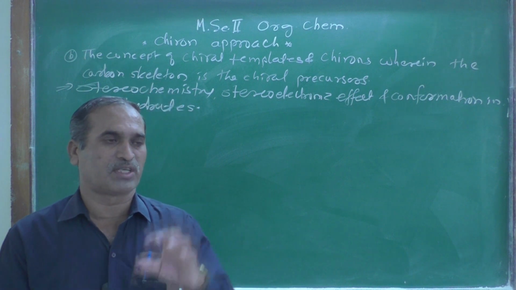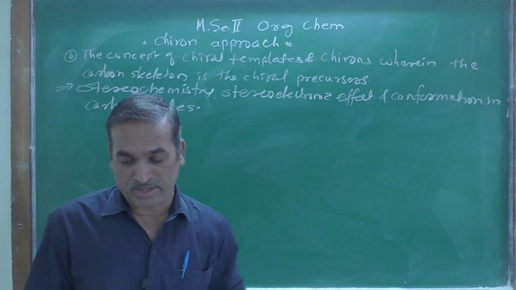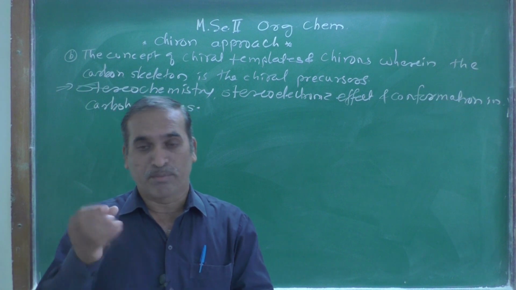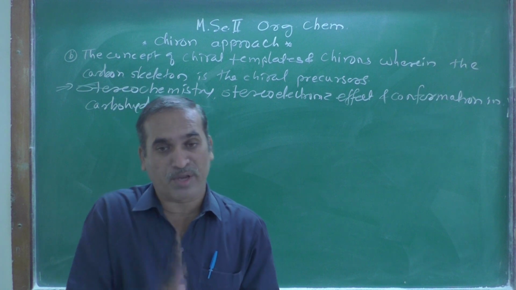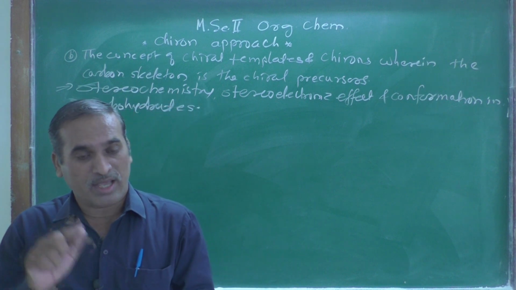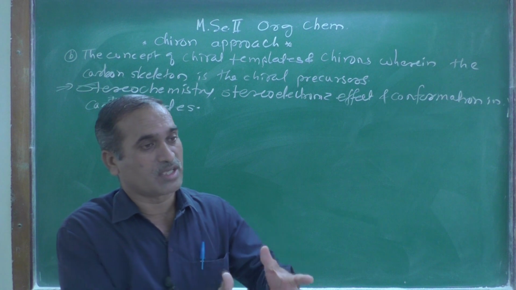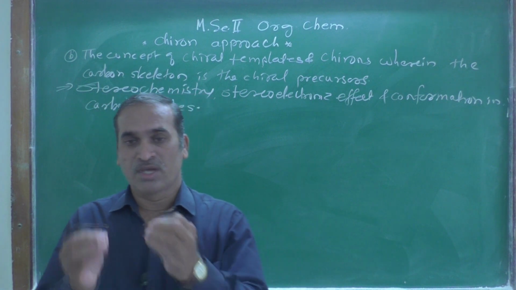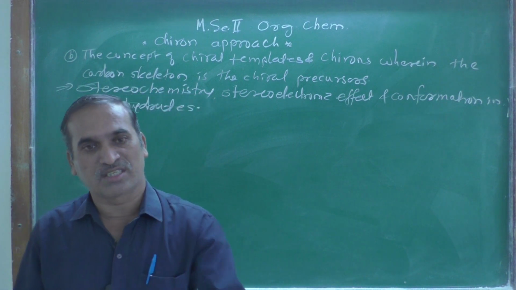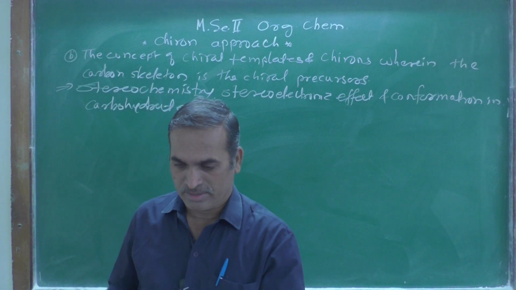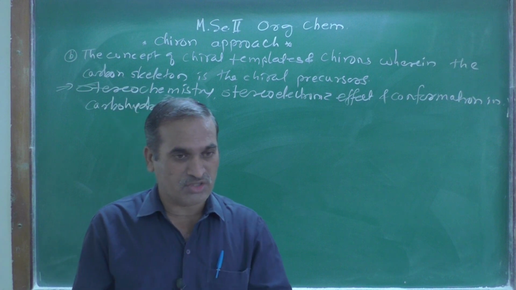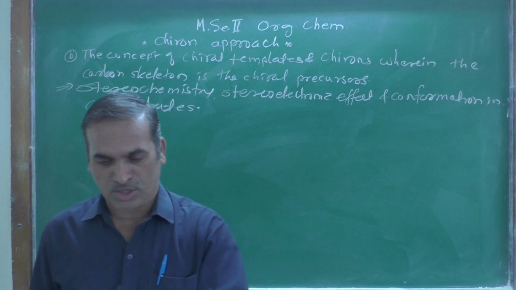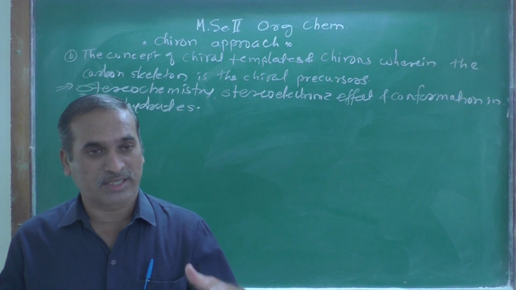While studying their carbon framework and asymmetric carbons, these are the chiral precursors generally used for the synthesis of drugs, and therefore it is essential to study their stereochemistry and stereoelectronic effect,